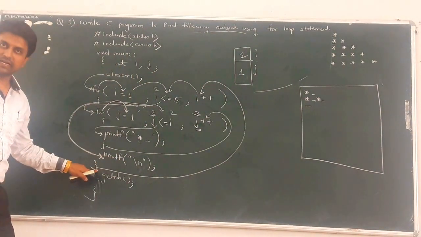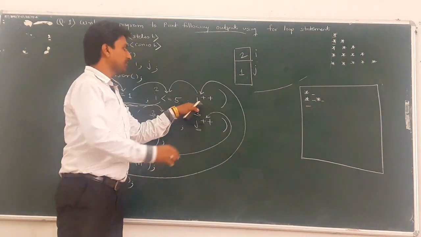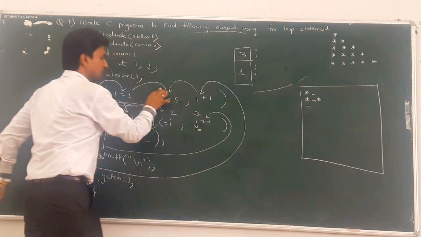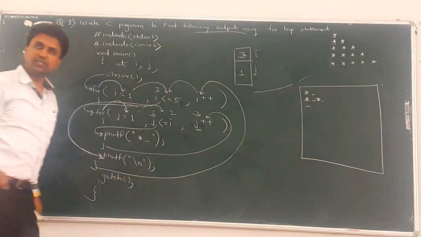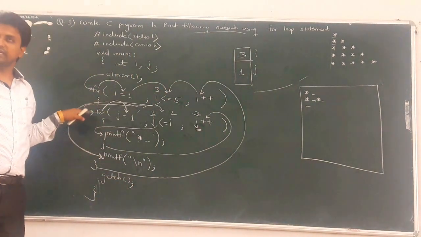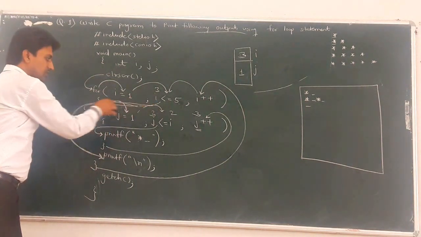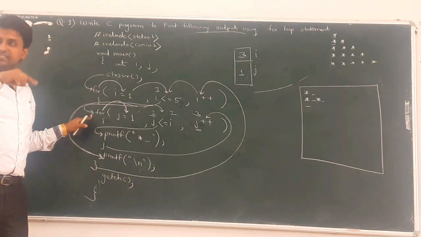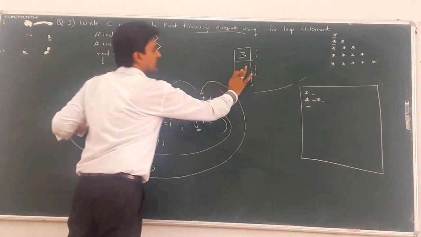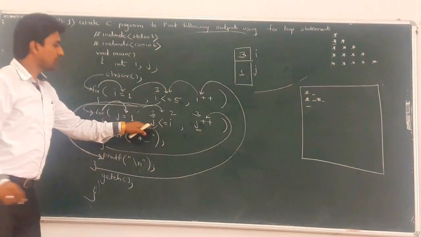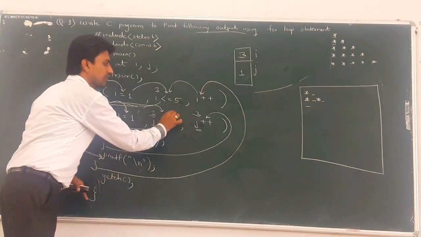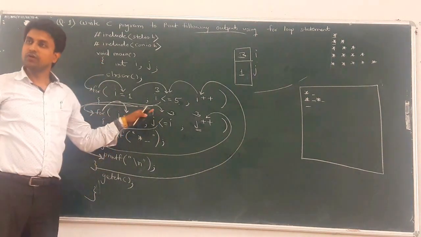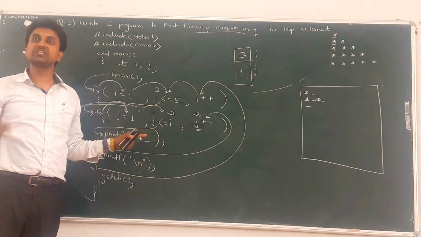After that the curly bracket completes, so again i plus plus. The current value of i is 2. 2 plus 1, it becomes 3. So now 3 less than or equal to 5, condition true. So now third row execution starts. Again the cursor goes to the inner for loop. Again j is equal to 1, j is initialized to 1, so the current value of j becomes 1. 1 less than or equal to, the current value of i is 3. So how many times does this inner for loop get executed? From 1 to 3, which means 3 times.